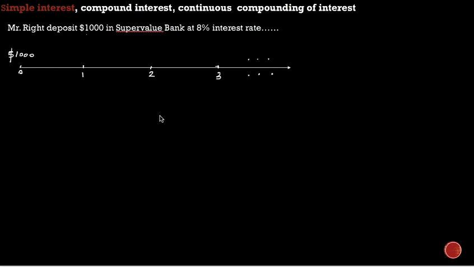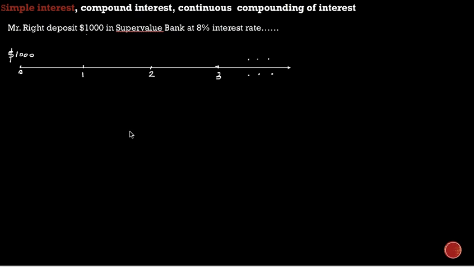Let's write a science fiction. Mr. Right. Who is Mr. Right? My husband, because he's always told me that he always speaks right, does the right thing, speaks in the right way. Who knows? Mr. Right deposits